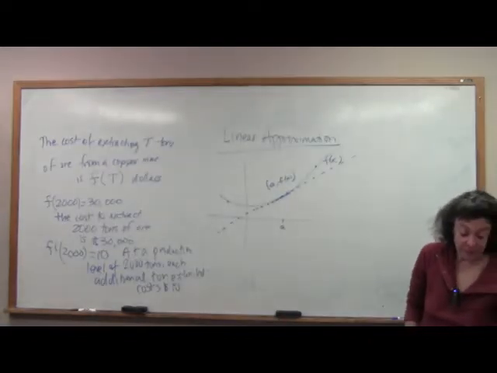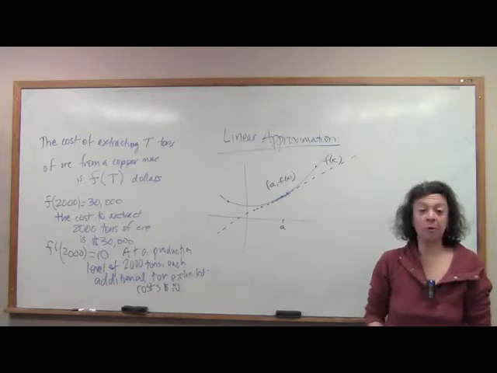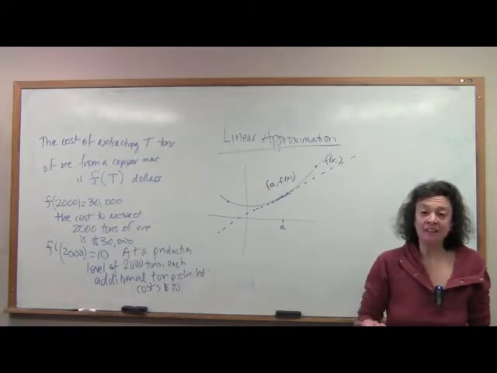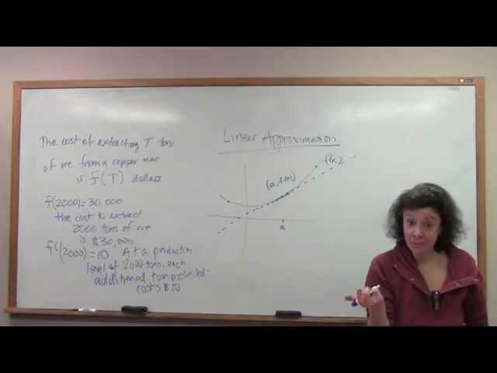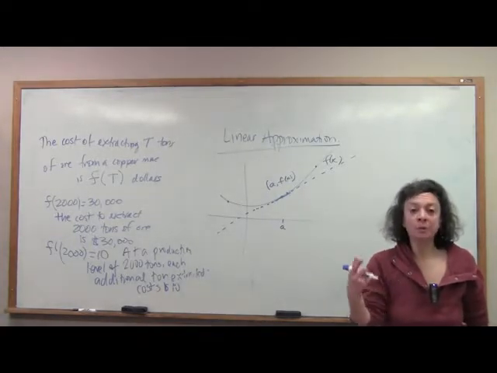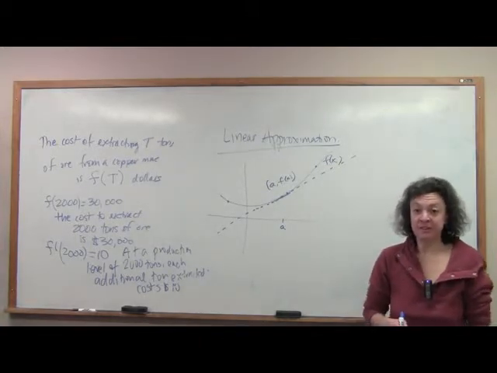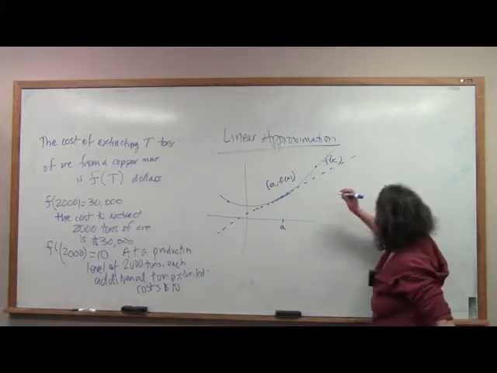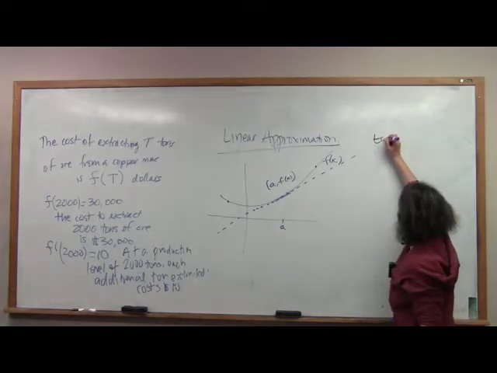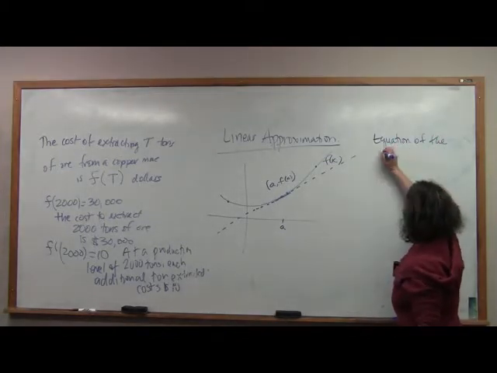So, sometimes it can be difficult to actually find function values at a point, but if we have information about a function value at the point and information about the derivative, well, we can use that to approximate values nearby. Now let's talk about this, okay? What we're going to be doing essentially is finding the equation of the tangent line